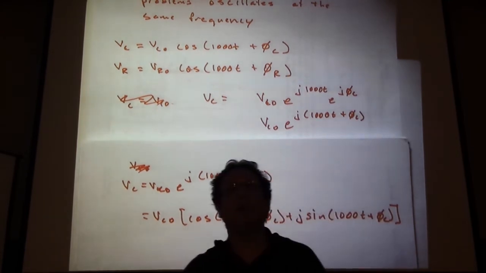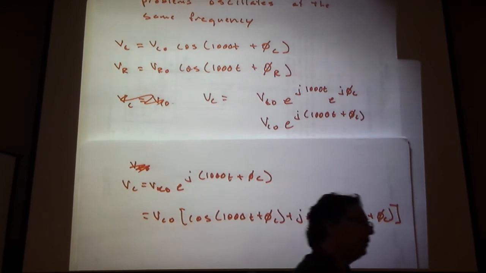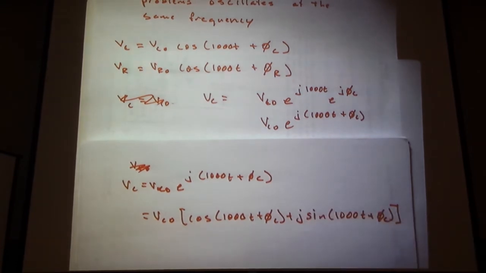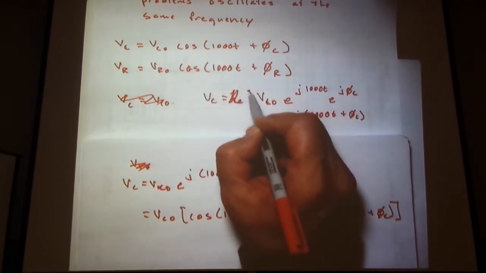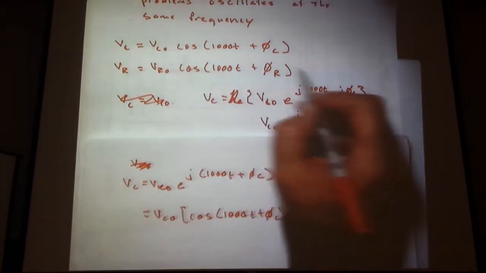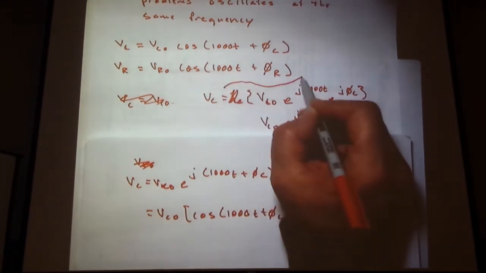Maybe a little subtle question. No one wants to hazard a guess? This is the real, oops, never draw that person. The real part of this